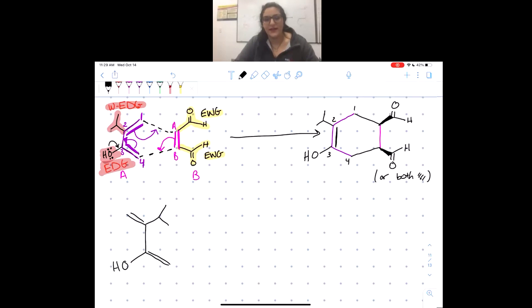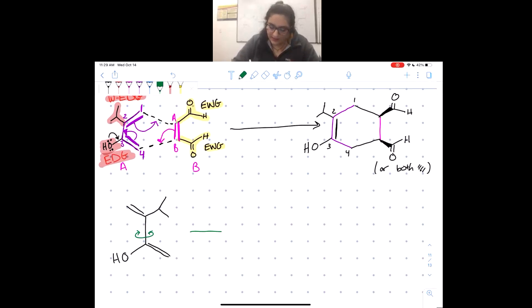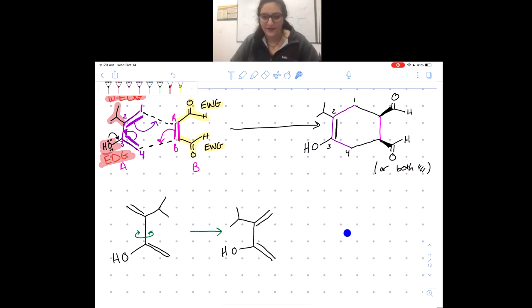Right? And so at this point, you would know that in order to react, you would have to rotate first, and you would rotate it so that its open side is facing your dienophile. So our double bonds are going to point this way. And like we did before, our substituents point away, backwards. And so once you have the open side facing your reaction, so let's say our dienophile was here, the open side is facing that. And then I always just start from the top. So 1, 2,